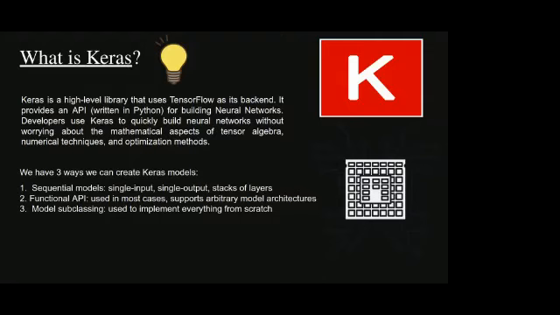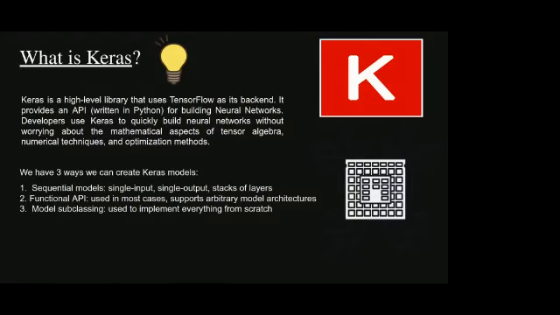Now, the functional API is actually used in most cases and supports arbitrary model architectures. This is something we're not covering today, and something which you will rarely use. One use case which I came across when I was doing a course, and don't worry if you don't get this: there's a model architecture called the ResNet, and you'll be covering this when you attend tomorrow's session on CNNs. So when you hardcode ResNet, you might use the functional API. Now, don't worry if you don't get this. You can always look it up on the internet.